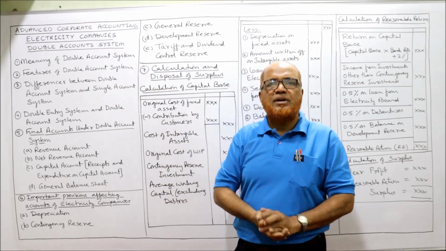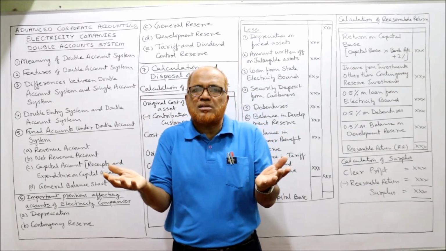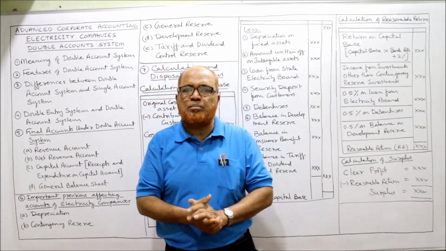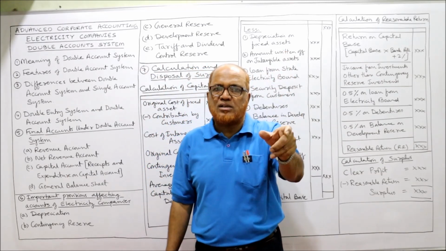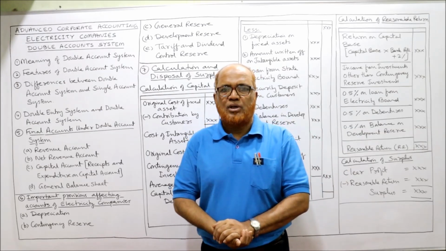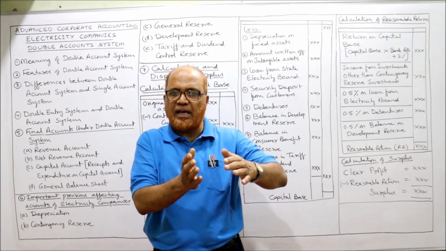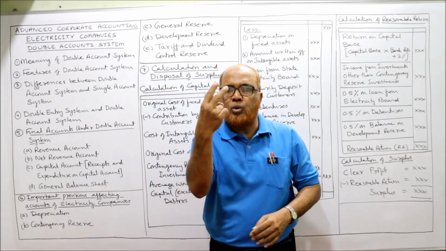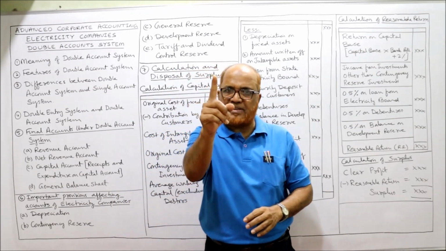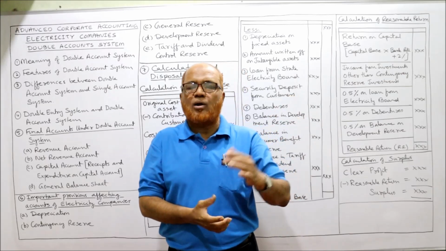Now, what are the differences between single account system and double account system? Actually, single account system is the conventional method of making the financial statements like trading profit and loss account, profit and loss appropriation account and balance sheet. So first difference is only one balance sheet will be prepared in single account system. Two balance sheets are prepared in double account system. That is the first difference. Second difference, in single account system,